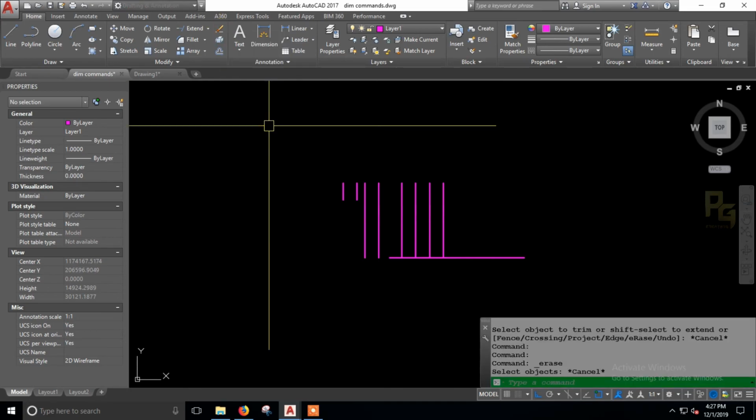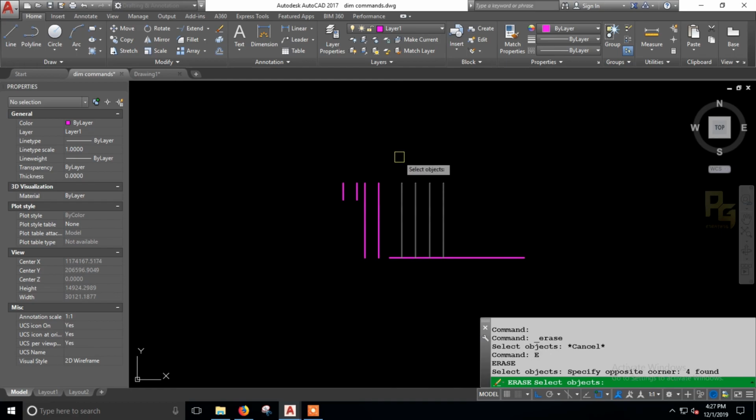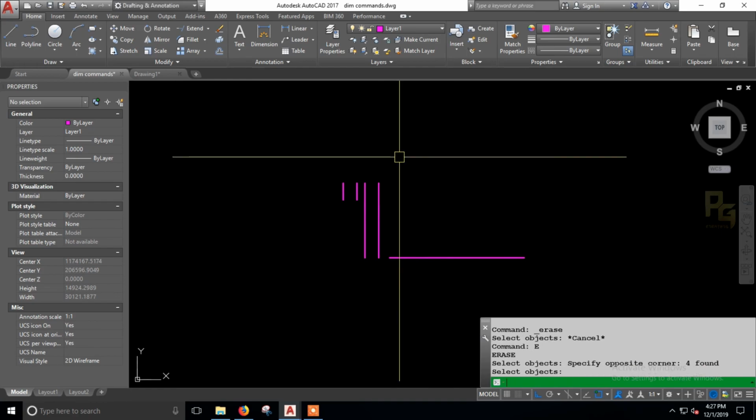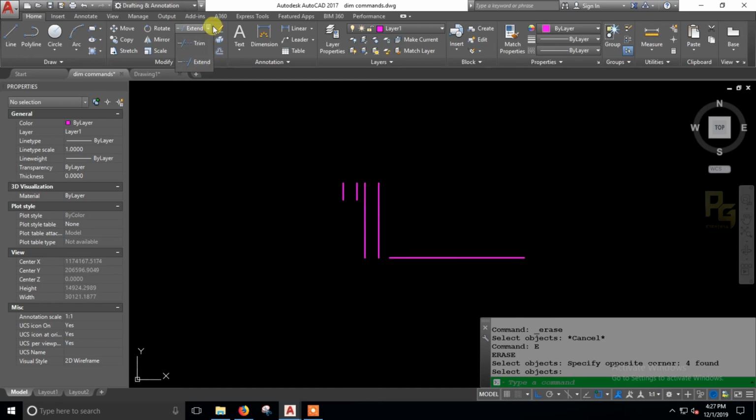You can simply click over here, or the shortcut for this is E. E is the shortcut for erase. So you can enter the command, select objects, and then enter, and it will erase them from the AutoCAD drawing. So try these out. The first one is trim, the second one is extend, and the third one is erase.